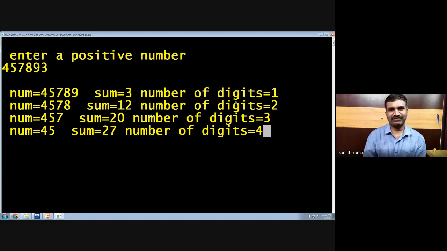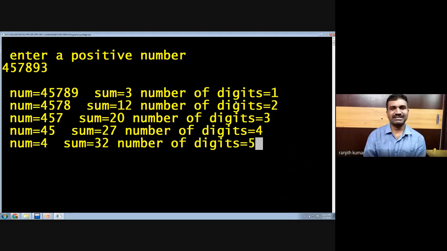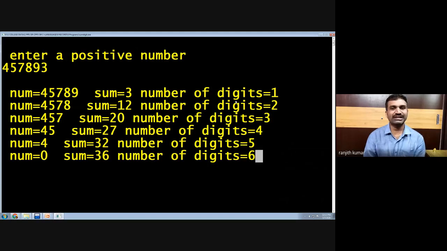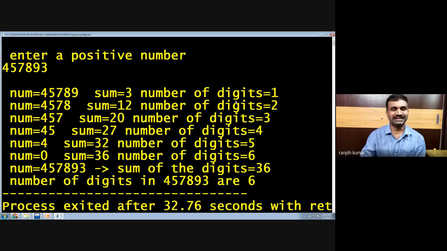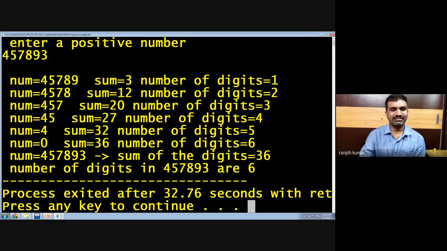Finally, in the last step, the digit count is 6, where all the number is completed, and the sum is 36. So the number is 457893, the sum of the digits is 36, and the number of digits in this big number is 6.